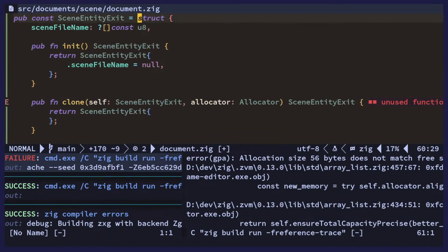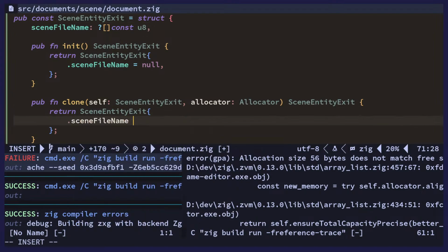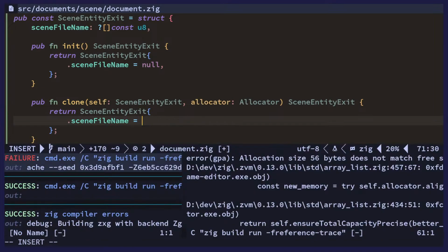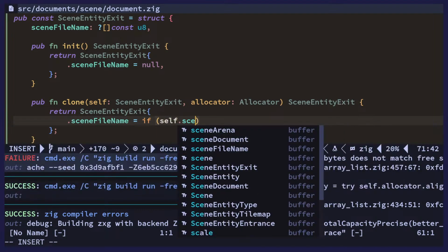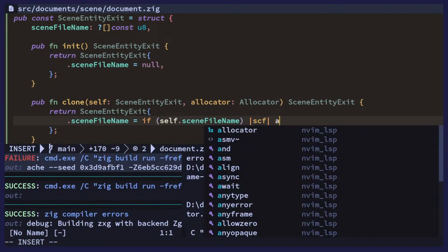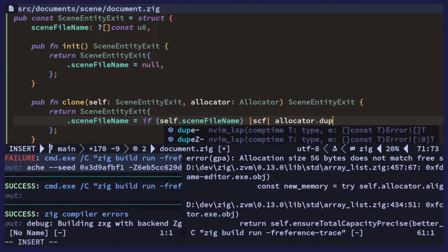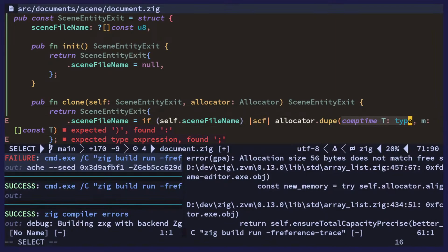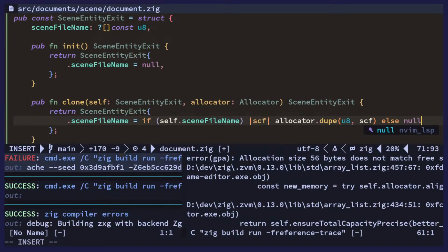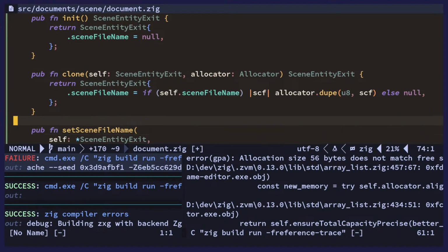It's like sometimes you get the autocomplete, sometimes you don't. So this would be if self scene file name, we do allocator dupe on that, else no. Okay,